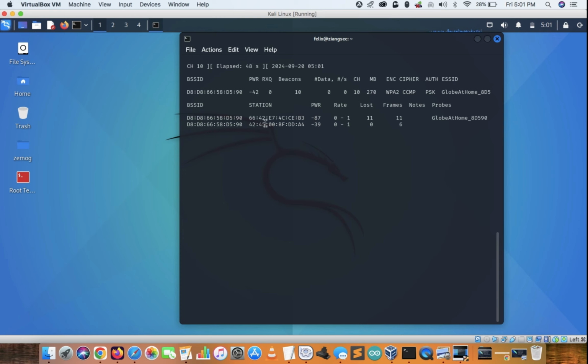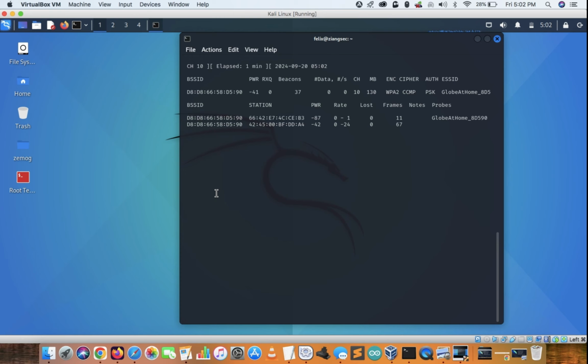Now, you notice I connected my phone to the AP, but the handshake wasn't captured. That's normal because sometimes the adapter will not be able to capture, and sometimes while doing this, wlan0 or the adapter will also have an error. And if there's an error, it will be displayed here. And if the handshake is captured, it will be displayed here.